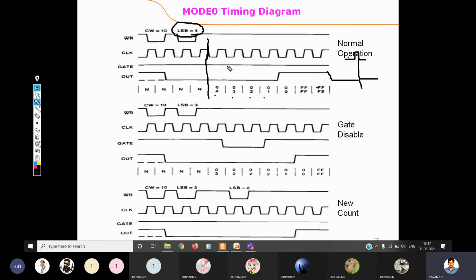So here the gate is always enabled, clock pulses are also generated, everything. Okay. Suppose a gate disable condition. Suppose by any chance or by mistake, our gate signal got disabled somehow in the middle of the operation, then what happens? So in this case, let us say he has taken some new value 3, for example.